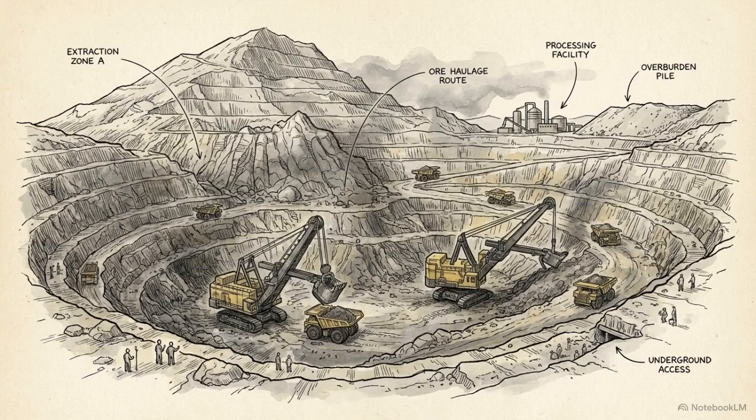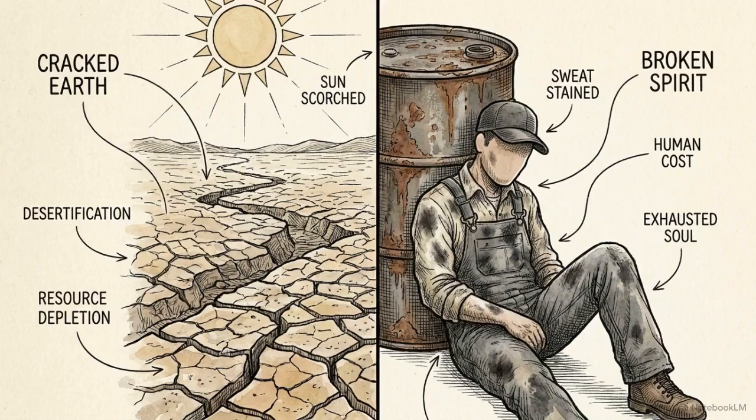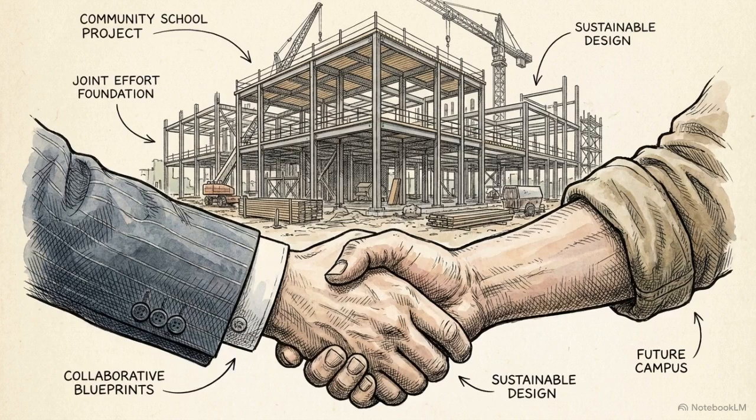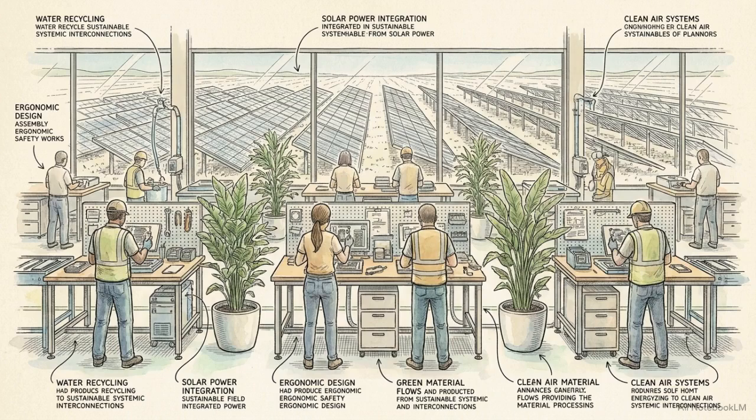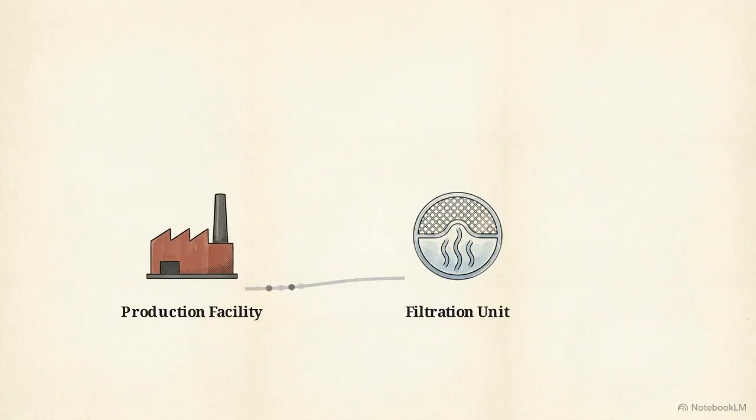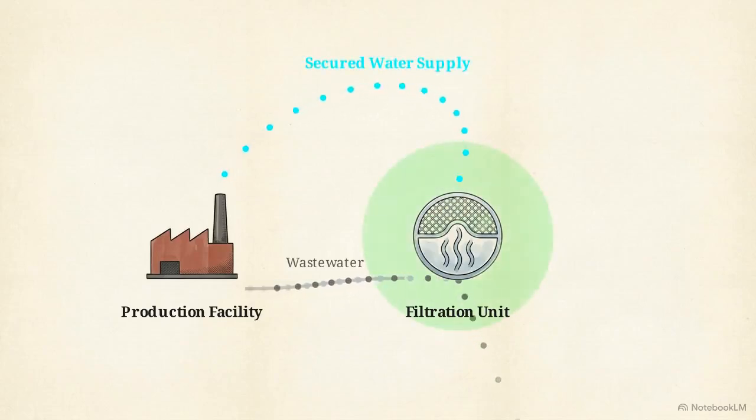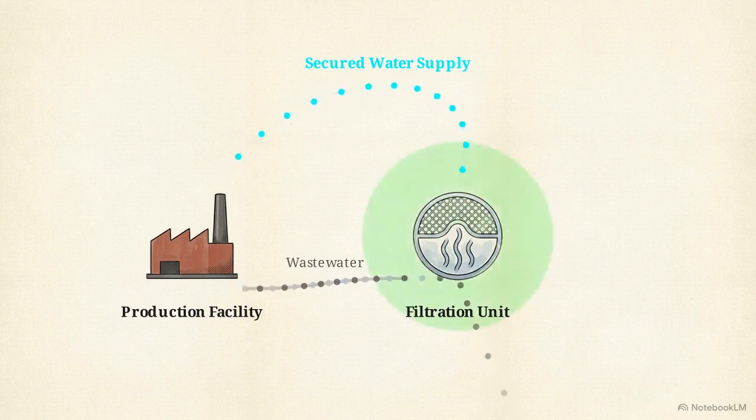Aggressive extraction takes a severe toll on the environment and the workforce. Depleting natural resources and exhausting local labor threatens the very inputs production depends on. Corporate social responsibility is a necessary operational strategy for long-term growth. Businesses that protect their workers and replenish their resources ensure they can continue to operate in the future. Sustainable production methods move away from simple extraction. For example, a facility that filters and recycles its industrial wastewater reduces its impact on the environment while securing its own water supply.